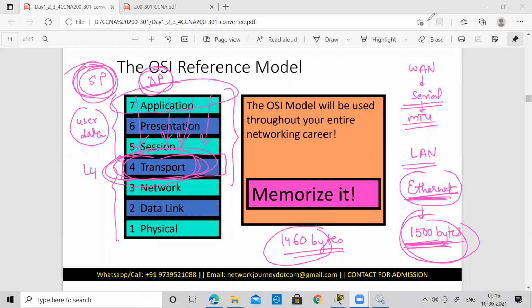In the handshake, you send the information about what is the size of your receiving. There is a window concept in the transport layer: this is my sending window, this is the receiving window. They see what the size of their windows is, and accordingly they send the information. So when they are doing the TCP handshake process, they get to know the pace at which the receiver is able to receive the data.